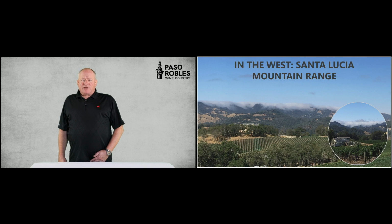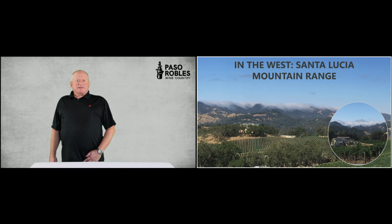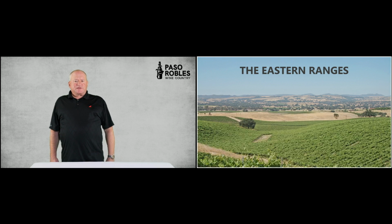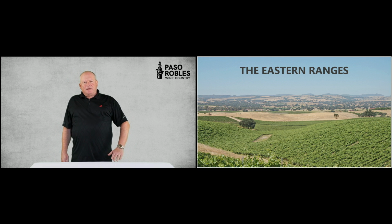So this is overlooking Justin Vineyards and some of the hills there. You can see much of it surrounded by the live oaks, and in the background, the Santa Lucia range, which dominates. Now the eastern ranges, a little bit lower lying, a little more rolling, a lot more clay soils here,